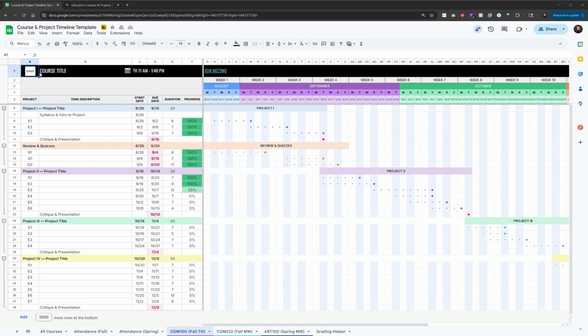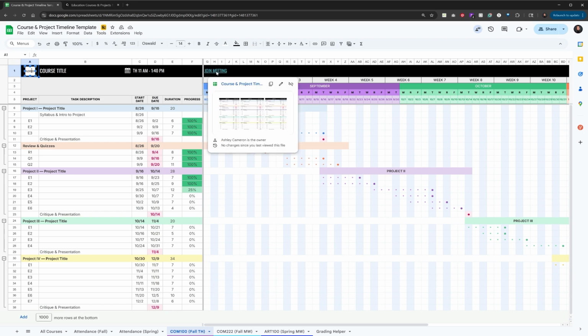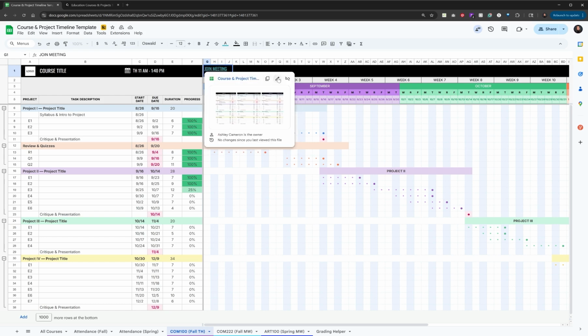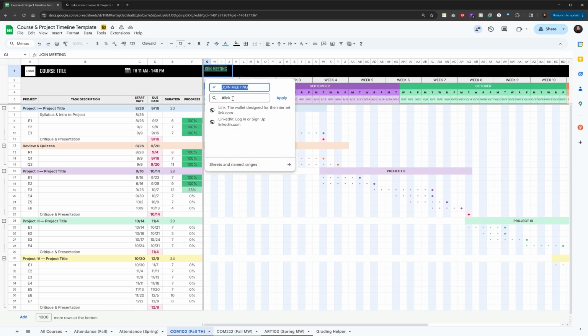Looking at one of the project timeline pages for a course, you can update the logo here with, if you have a business or school logo or icon, helps customize it. You could add information such as the days and times of the course. And if it's an online course or you have a meeting, you could set up a link here so that your students, if they have access to view this project timeline, they can click to join the meeting